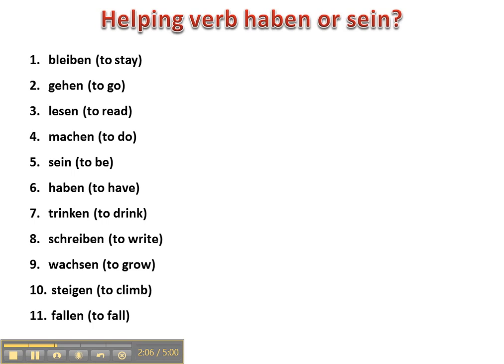All right, so now one thing you have to be pretty good at with the perfect is being able to determine whether the helping verb would be haben or sein. Now there are relatively much more verbs that use haben as a helping verb, so if you had to guess, haben would be the best guess. However, the helping verb is sein if the verb indicates clearly motion from one place to another and is intransitive, meaning it doesn't take a direct object, and then also if it indicates a change in the state of being. Okay, so bleiben is to stay, and I told you already that bleiben automatically takes sein. So ist geblieben, it's kind of an unusual one.